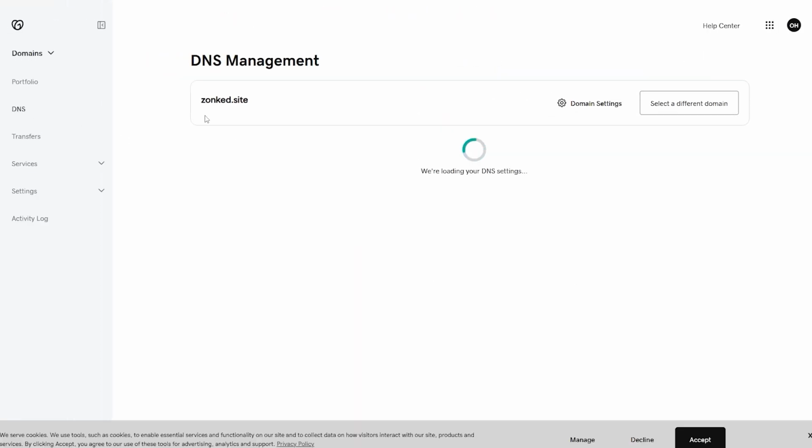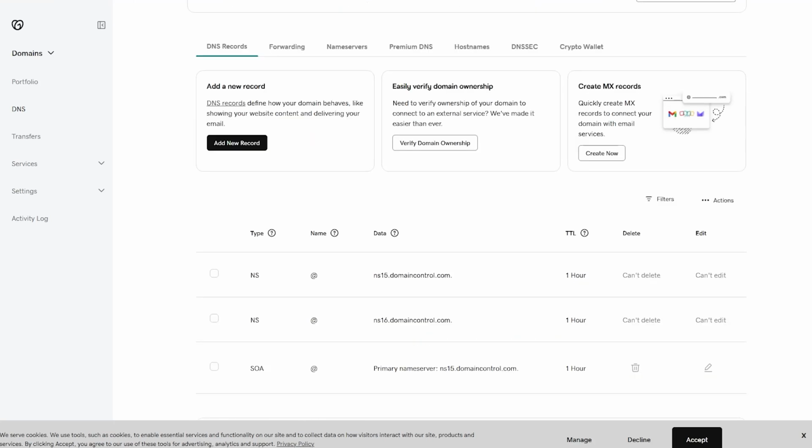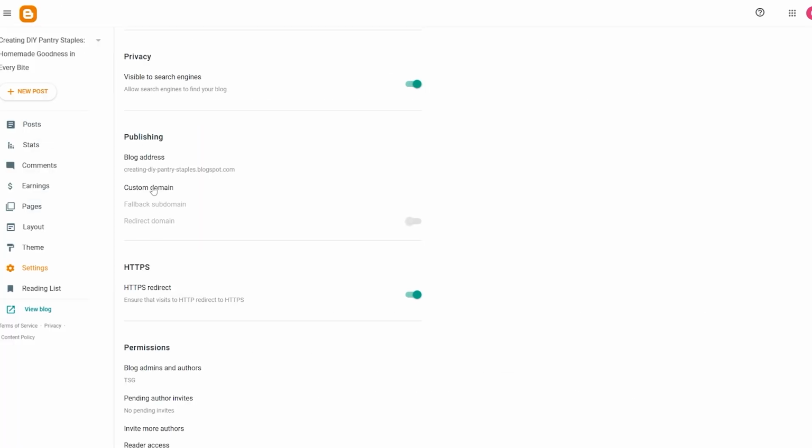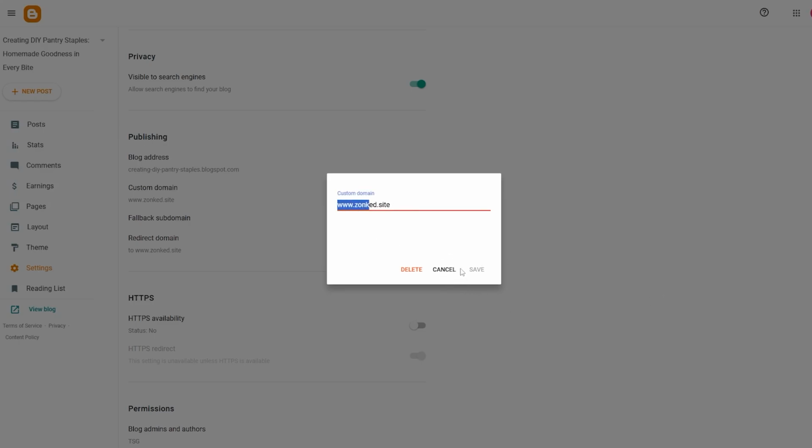It's going to take us to the DNS record settings. And here, if you don't know the records, you're going to come over here into Blogger, and you're just simply going to click on here and just type in your domain. And once you've typed it in, click on save. Okay, so it actually connected because I had recently connected it previously, but sometimes it would give you an error